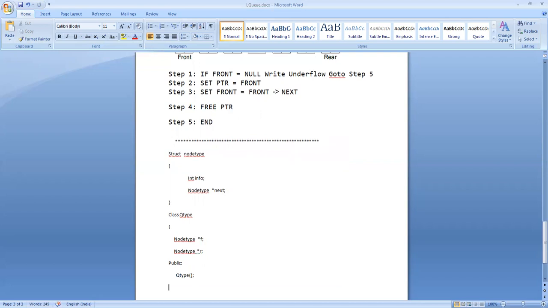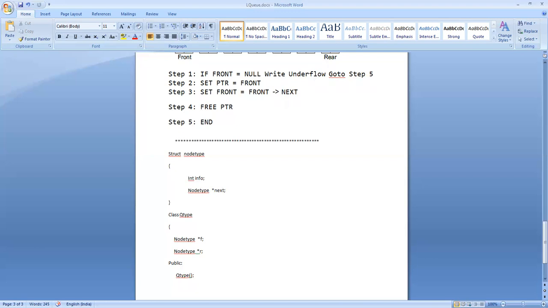Okay, you know the purpose of having a constructor, that is to assign some values to your private members and to initialize the particular data structure. We will use this constructor, and this constructor will be executed automatically once the object for the class is declared in the main function. Okay.